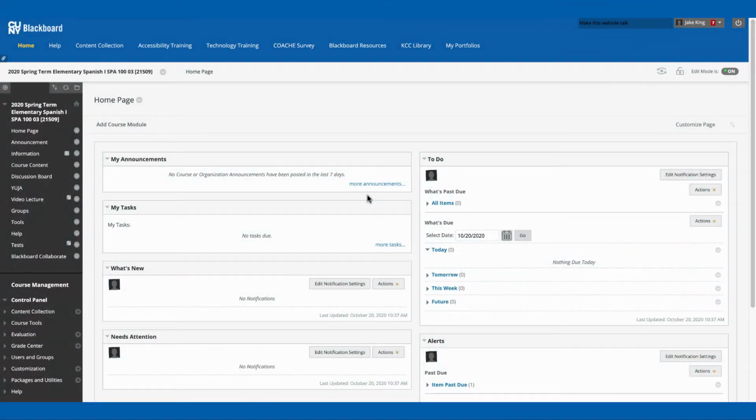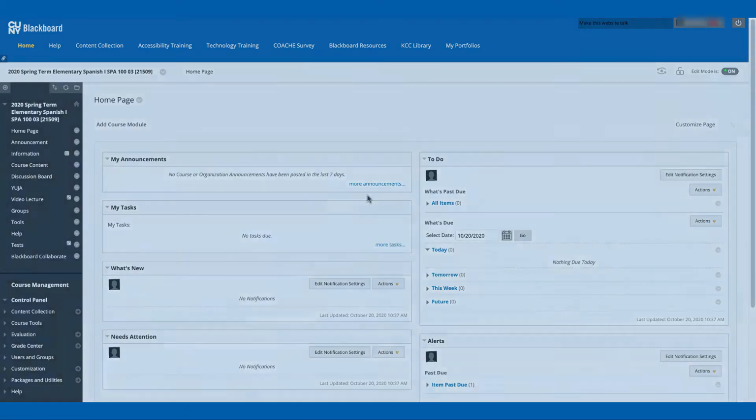When instructors create tests in Blackboard, they may need to make adjustments according to the needs of their students. So if there is a student who needs extra time on a test or is not able to take the test the day of, instructors will need to make an exception in the test settings. An exception lets a student take a test multiple times or gives extra time for them to complete the test